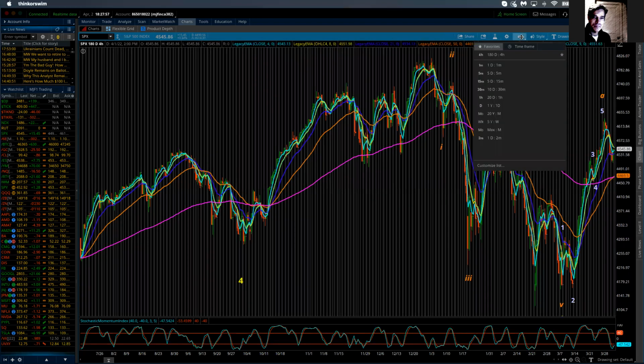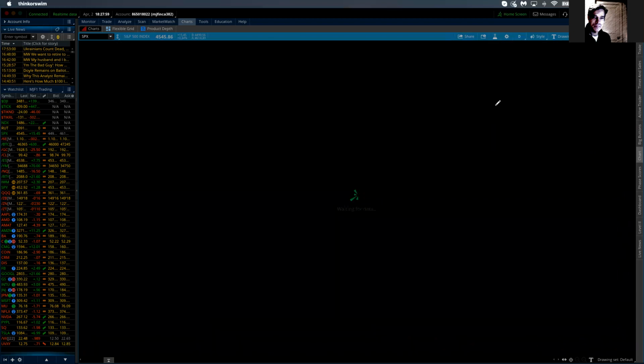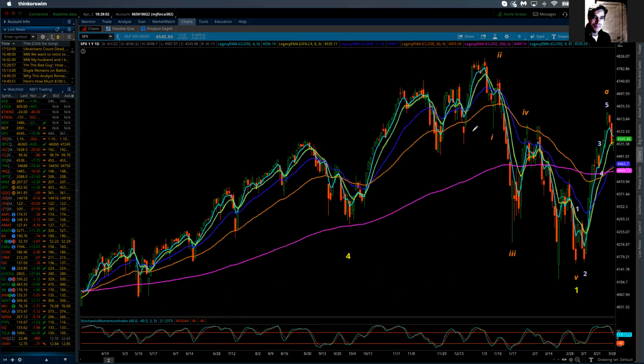Back to that daily. So what I begin to look for is 5 waves down, but now I'm looking for it on a minor degree. There's minor 1, 2, 3, 4, and then 5. Now, initially, this was not as clean as it turned out. And you're going to notice that wave 5 is not really coming in at the bottom there at 41.01, which is the essential low in the futures market. Here in the cash market, 41.14. And in actuality, it's over here.